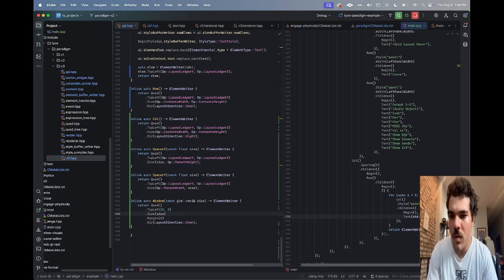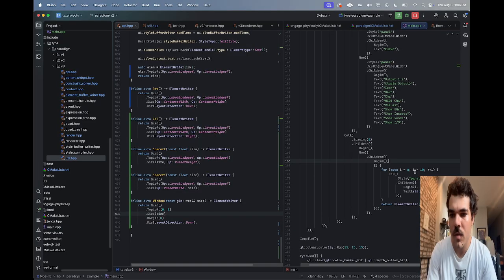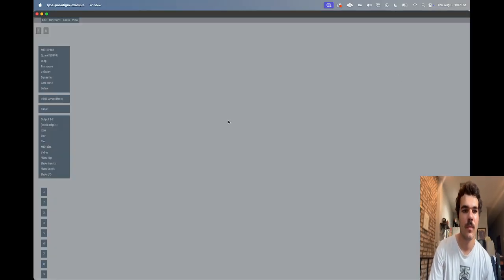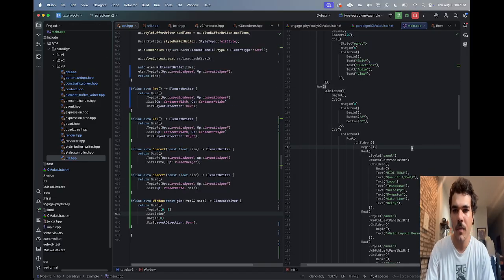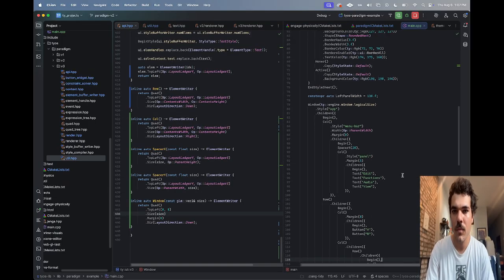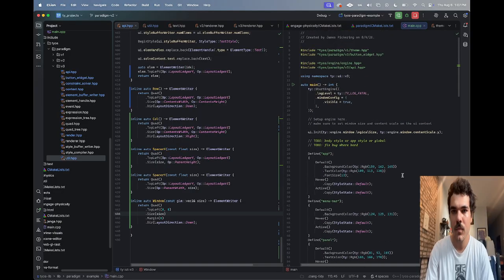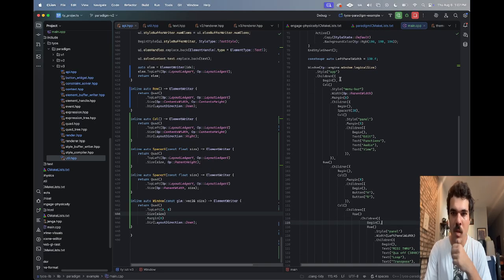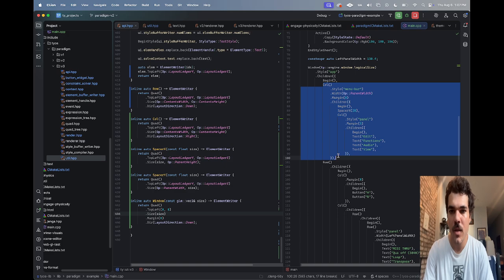Let's just see what this does. Okay, so we get our list. That's good. But okay. Should we do something like this? Should we start separating this out into functions? Should we say like